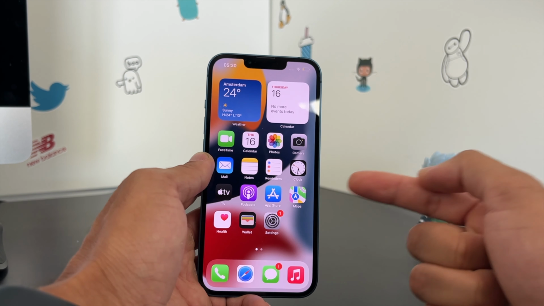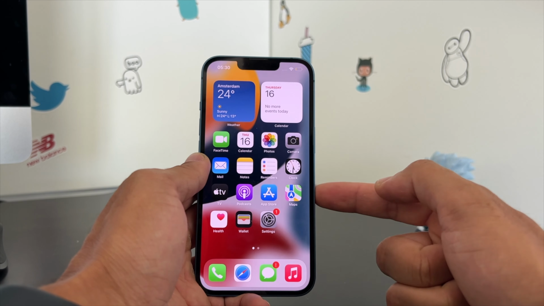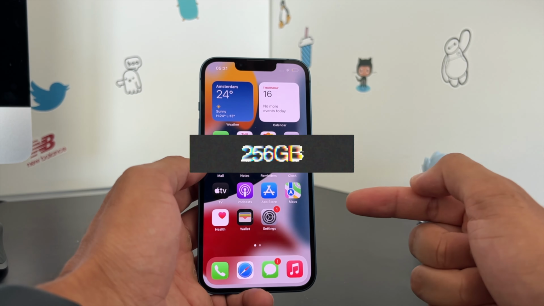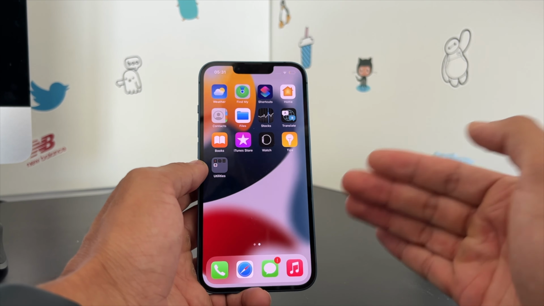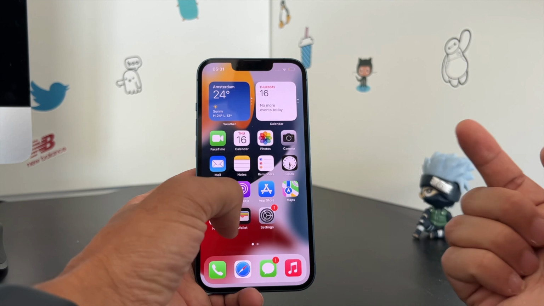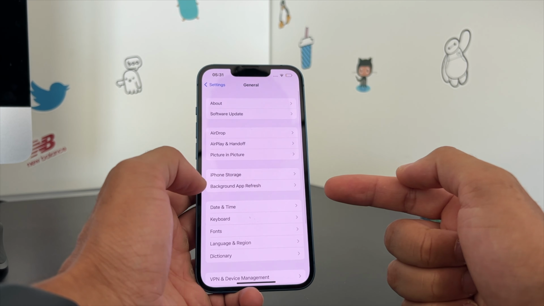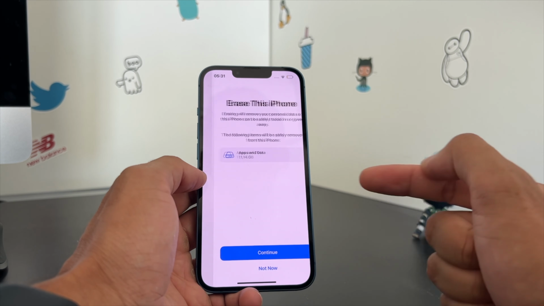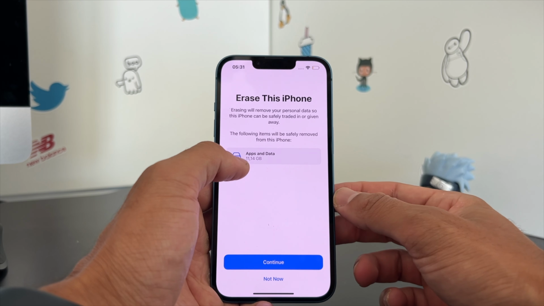If you just start your iPhone fresh, brand new, you find these apps, and these apps are taking some storage. If we take, for example, this iPhone, a 256 gigabyte iPhone, and this iPhone is brand new. It doesn't have any apps installed whatsoever, except the apps that come with the iPhone itself. And if we go to settings and go to general, and if we try to erase this iPhone, erase all content, it already says erase 11 gigabytes worth of apps and